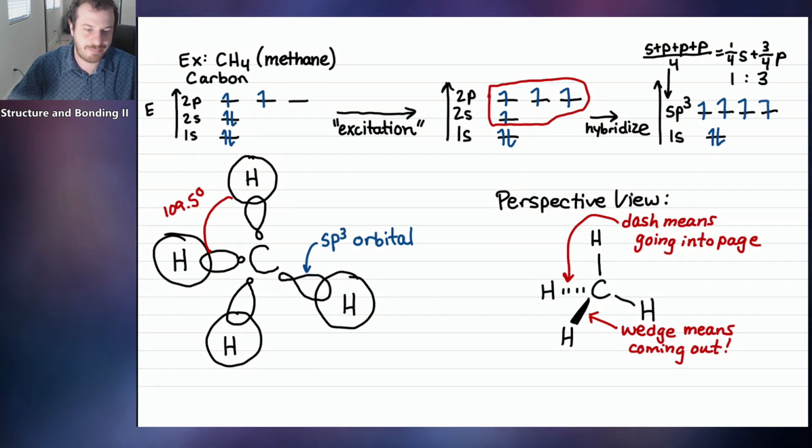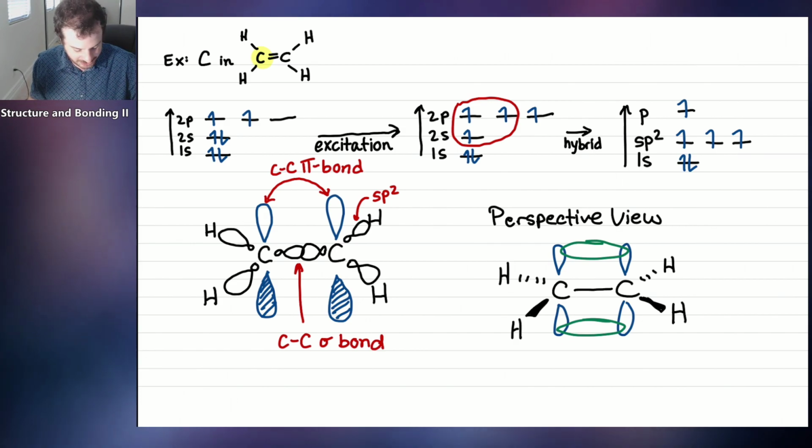Okay? And so we saw that the carbon in methane is sp3 hybridized. And then we went forward and we did the same thing with ethylene, which is this compound here. And we saw that the carbon in ethylene is sp2 hybridized. We saw that because in order to connect to three different atoms, only three of the orbitals were hybridized, rather than the previous example where we needed to connect four atoms. That's why we hybridized four. And you can see here, this carbon, look how many different atoms it's connected to. It's only connected to 1, 2, 3 different atoms, and that's why we only hybridized 3 of them.